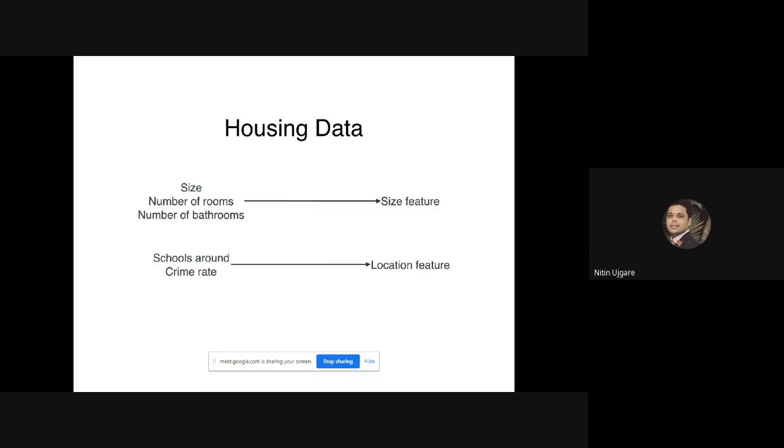What my housing data set says is the size of the house and the location of the house, and that is what we have done here. By doing this, we have successfully reduced a large data set into a small data set, by reducing a high dimensional feature space to a lower dimensional feature space.